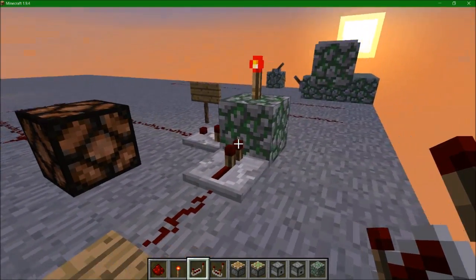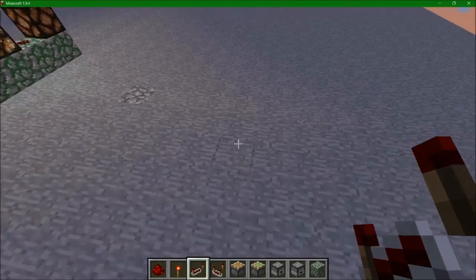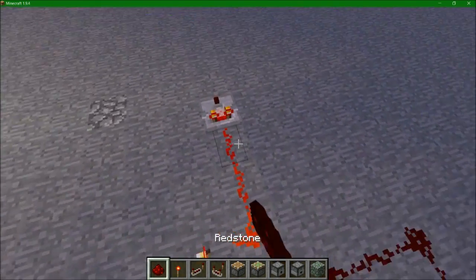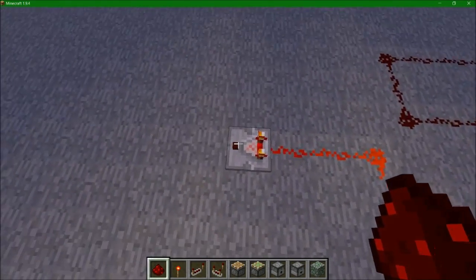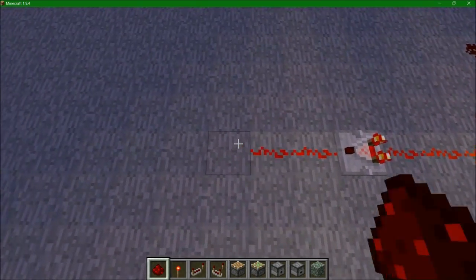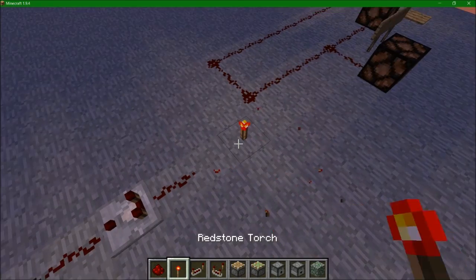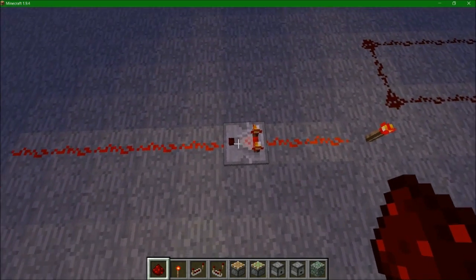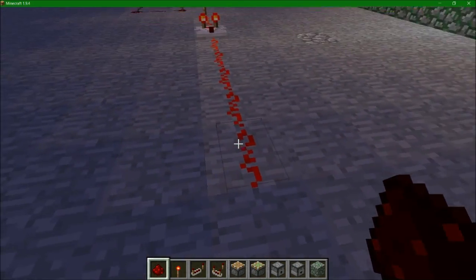The comparator, on the other hand, takes the signal and pushes it out into the redstone in front of it. So if you have a comparator here, you have a signal strength of like 13 here, 15, 14, 13. It would take this, skip a block essentially, and then have a signal strength of 13 right here. So 12, 11, 10, 9. Or if you had a signal strength of 14 here, then that'd be 15, that'd be 14. Takes it into here and goes back to 14, 13, 12, 11, 10. So that's what the comparator does